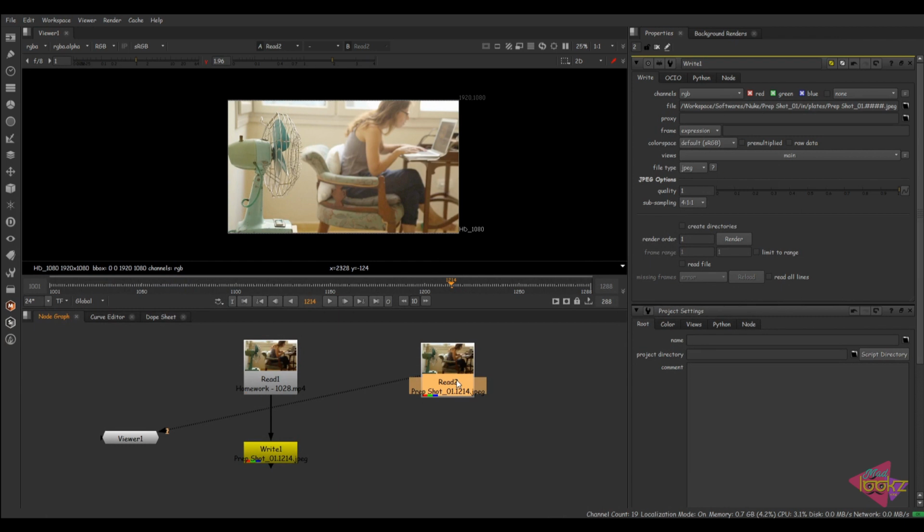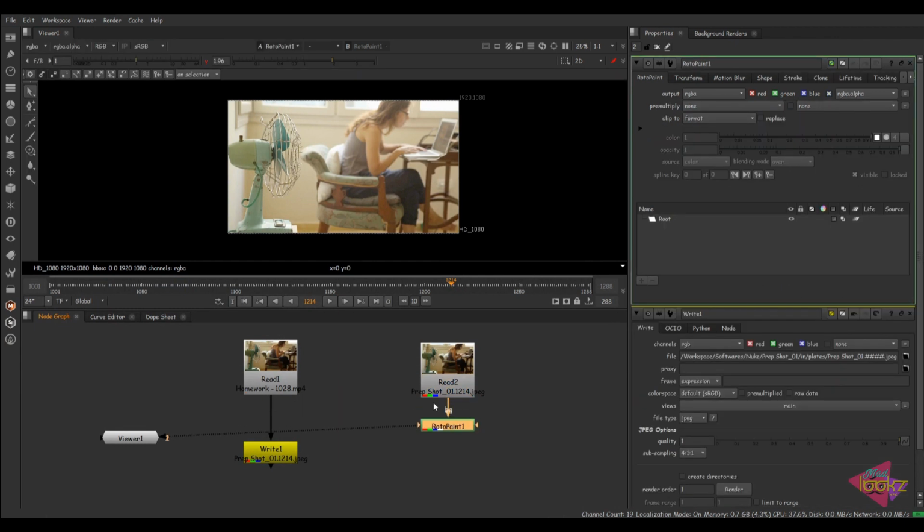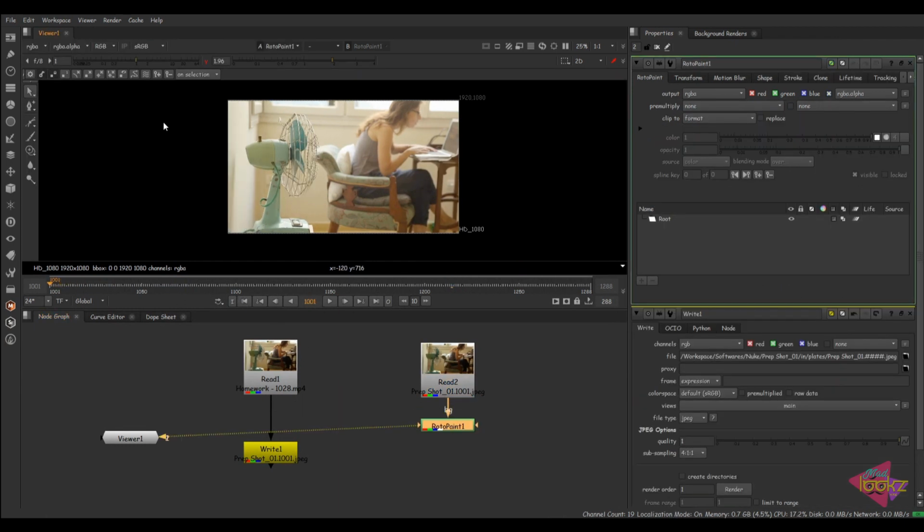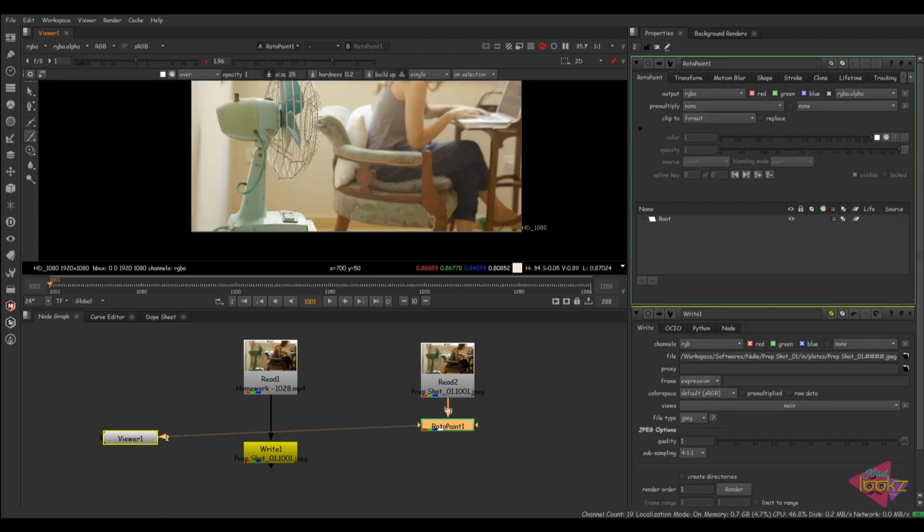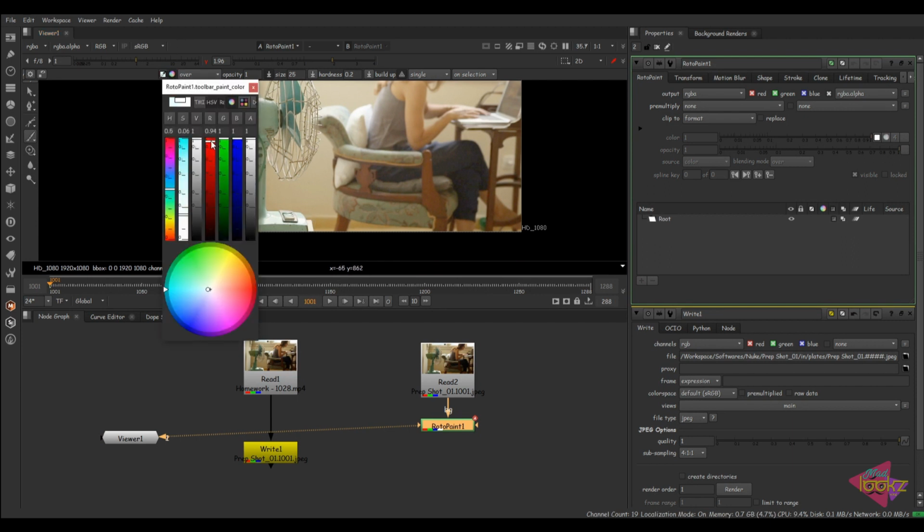So now everything is set. We have to create a reference image. So take a paint node, come back to the first frame, take the brush tool. I'm gonna draw. White we don't need. I'm gonna change this color here. Click on this option and you can choose whatever color. This is the color which I selected now. A little bit of variation.